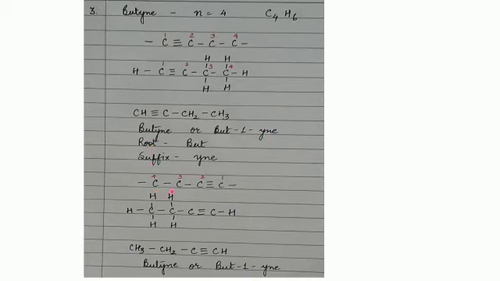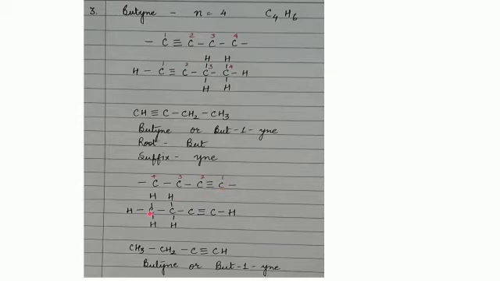The same structure can be drawn in this way also. Now we have shown the triple bond between these 2 carbon atoms. So we shall start numbering from the right side, and 1, 2, 3, 4 will be the numbers that will be given, such that the carbon atoms between which the triple bond is present will get the smallest number, and it is now between 2 and 1, and out of these the smaller number is 1.